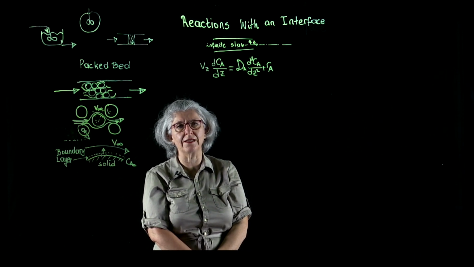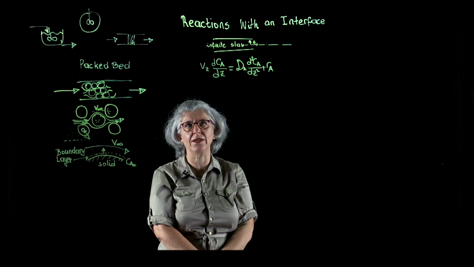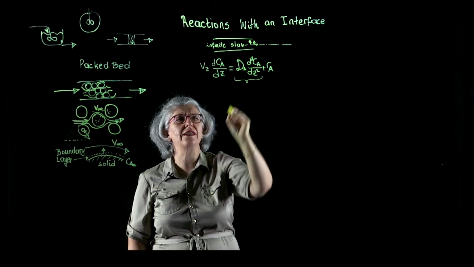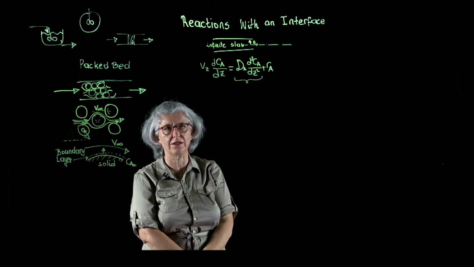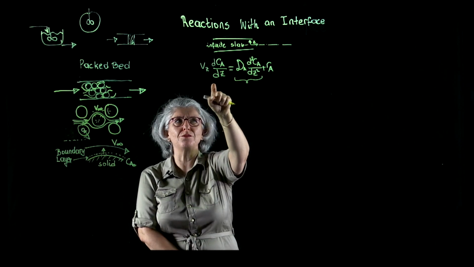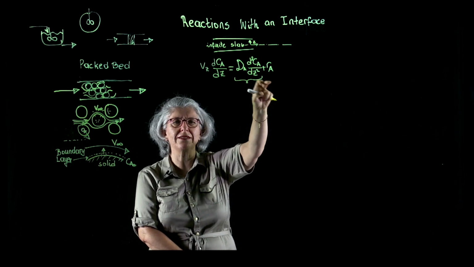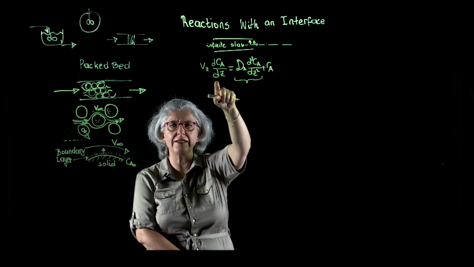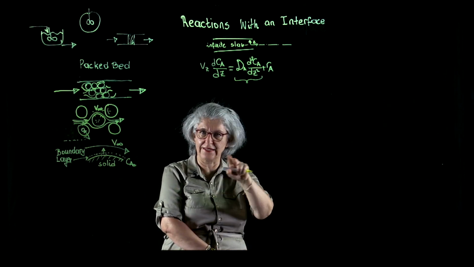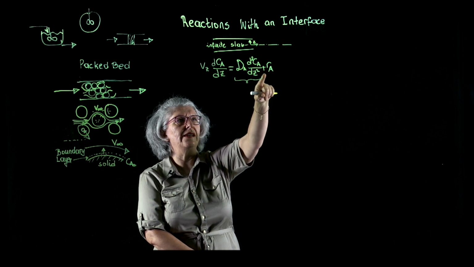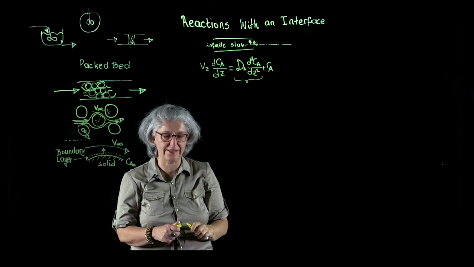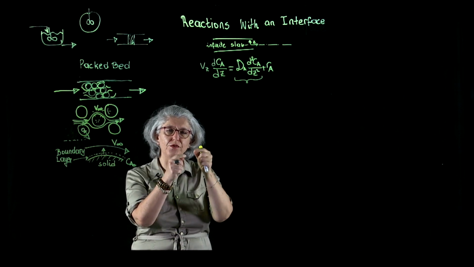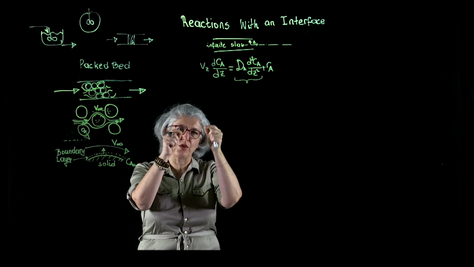So we are writing the species conservation equation in the z direction, and this is the new term that introduced itself after we started discussing the issues around the interface. Those two terms are our good old balance terms. This was the advective transport term, how Ca is transported in the z direction. This is our rate. And this is the diffusive transport term that now made itself into our equation, because we have to take that diffusive motion of the molecule